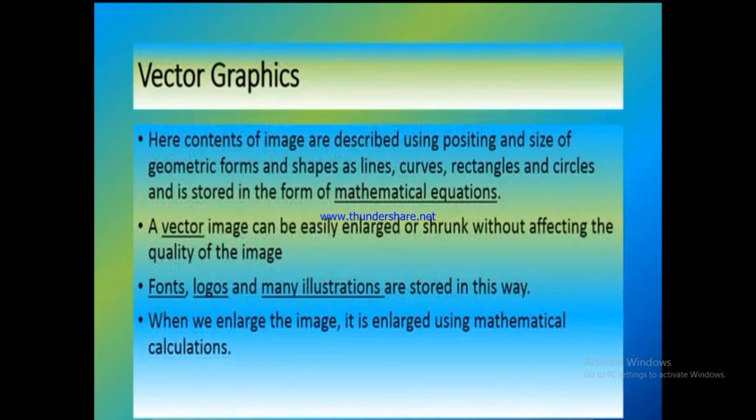We get the facilities of setting the screen resolution. In that, the more the number of pixels, the more the sharpness of our computer screen. The lowest number of pixels will be 800 into 600, and in Windows 7 the highest will be 1360 into 768.